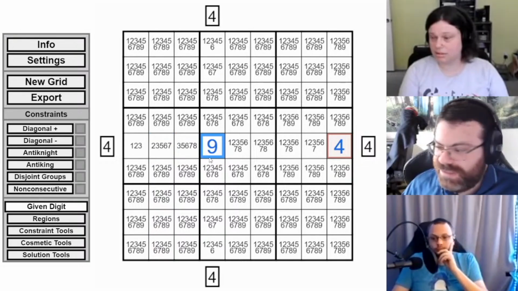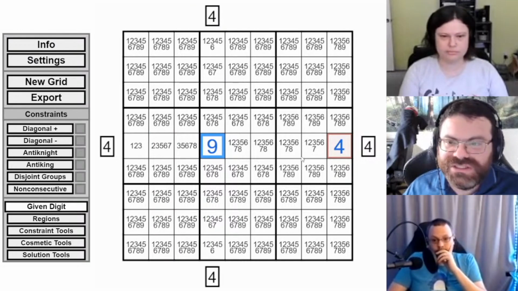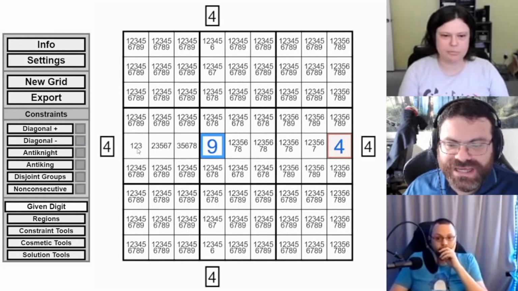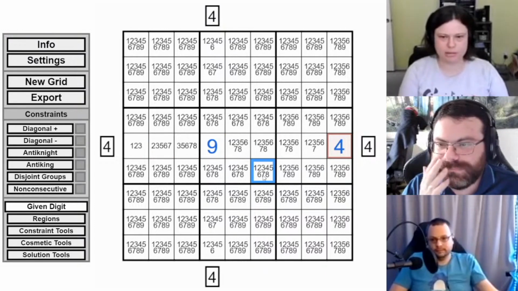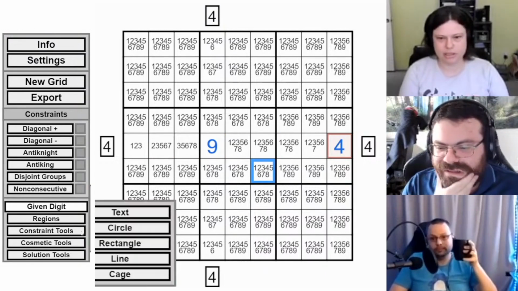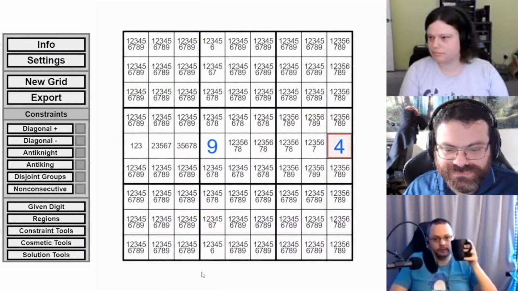Yeah, I agree, Woofer. Woofer is saying that if we did arrow indexing, we wouldn't even need to do the skyscrapers. Although that is almost certainly true, I think skyscrapers add a certain element of difficulty. Well, if we were aiming for it to be easier, I think arrows over skyscrapers. I think they're a little easier to understand. Do you want to play with that a little bit? Let's play with it. I think that's very reasonable.